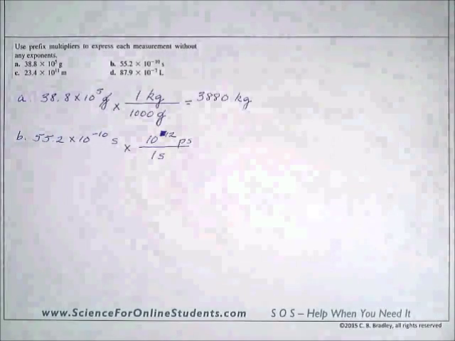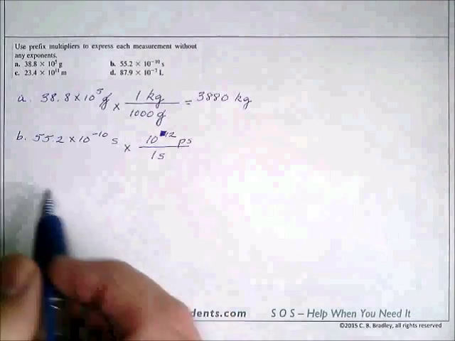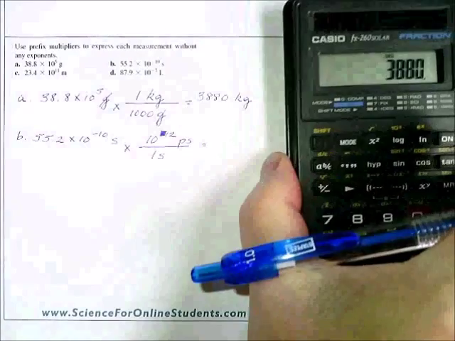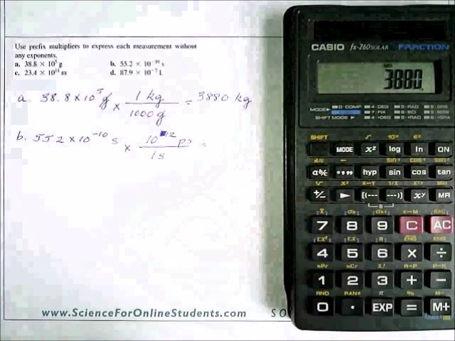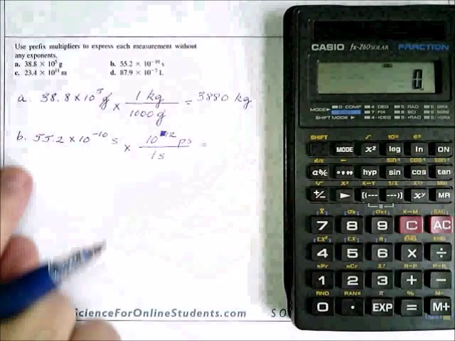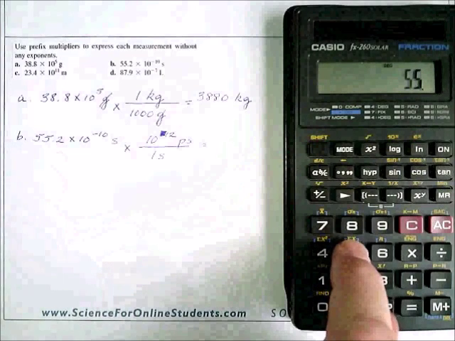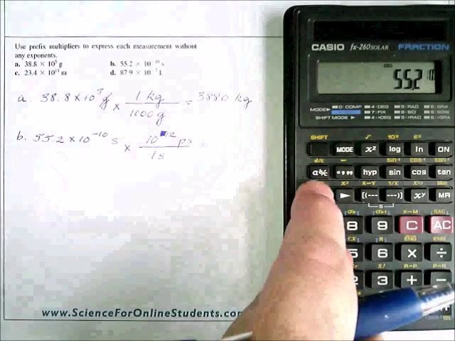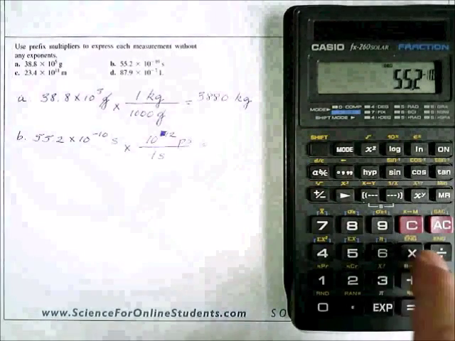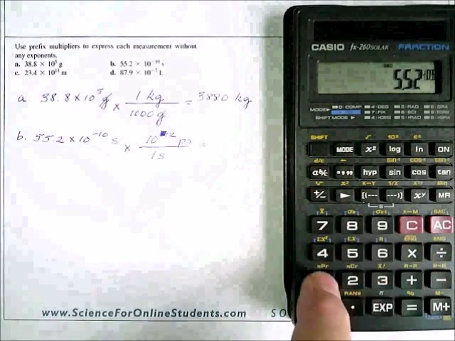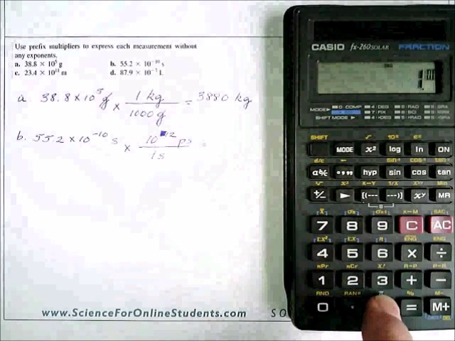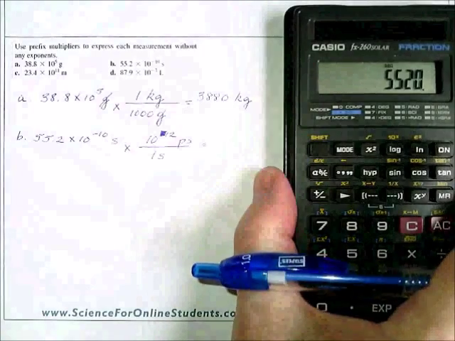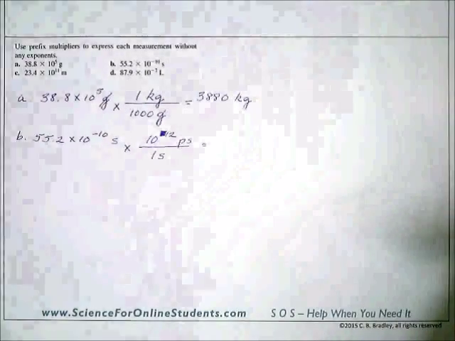That table is one that I made up for my students a few years ago. And we'll put this into the calculator. 55.2 exp 10, change the sign, multiply by 1 exp 12 equals, and we get 5520